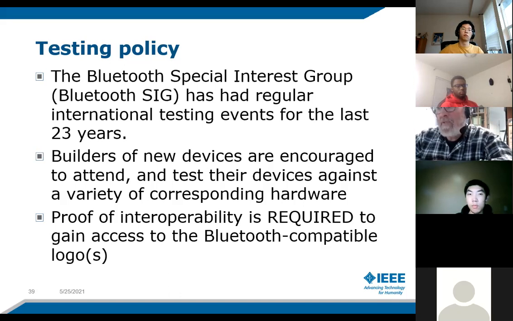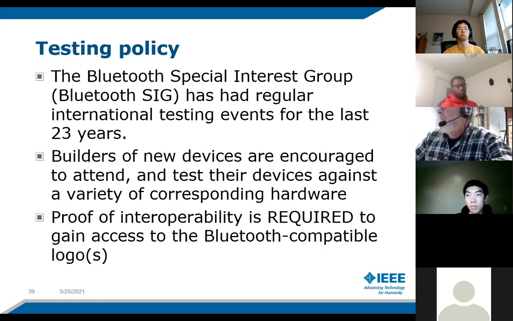Do you follow what I'm saying? So Bluetooth has a very big incentive to make sure that everybody's stuff just works. Proof of interoperability is required to gain access to the Bluetooth compatible logos.